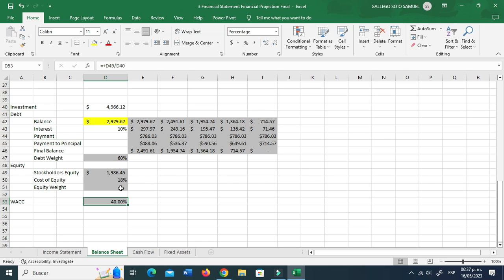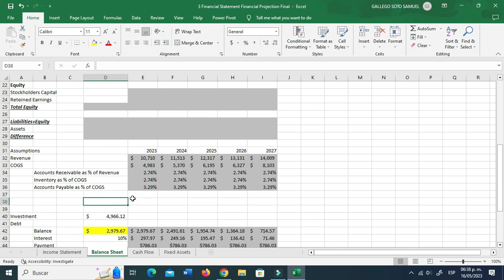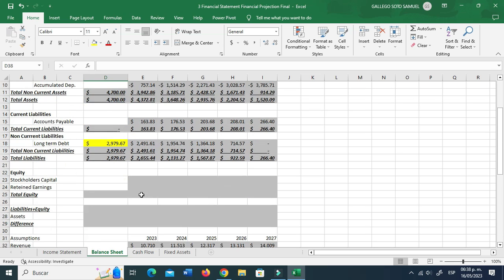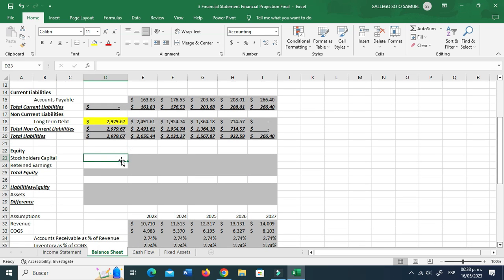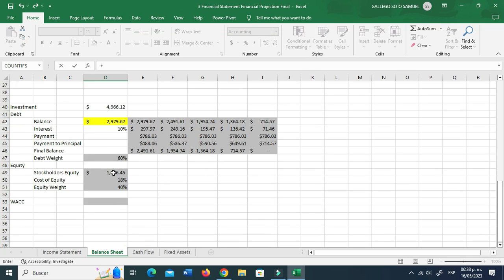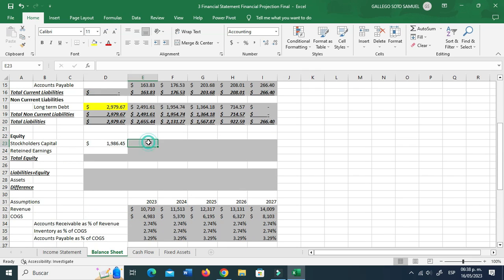I think I messed it up. That was here where I was supposed to be using the formula, so I got 40%. We'll take care of this later, even though we don't need this so far, but I think it was a pretty good idea to have the value of the WACC just in case you need it for some reason. All right. So what else we need here? Okay, so we have the stockholders equity, which is gonna remain the same for all the life of a project,